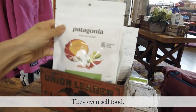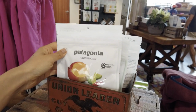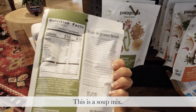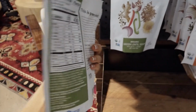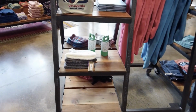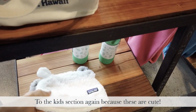They even sell food here. This is the food section. ここフードコーナーで食べ物も売ってます。This is a soup mix. スープミックスも売ってます。鍋の中にお水を入れて沸かして、このスープミックスを入れればスープができるっていうものだと思います。